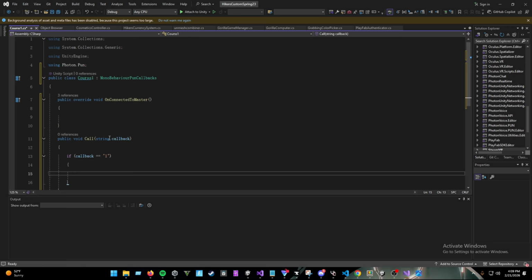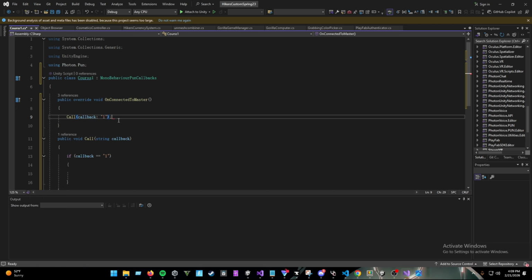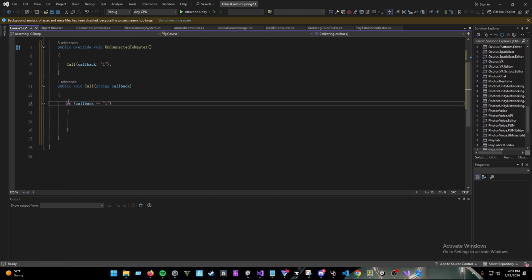This basically just is like, you can do this, callback equal 1. So you could do that instead of having an entirely new string where you can input it. And this just checks if it's equal to 1. And then we're gonna